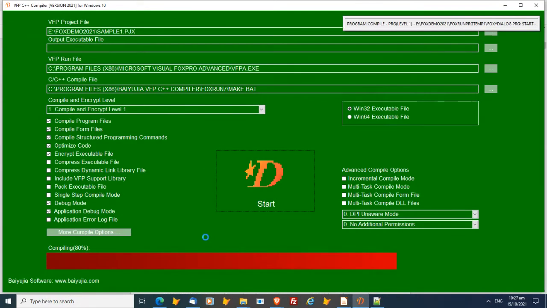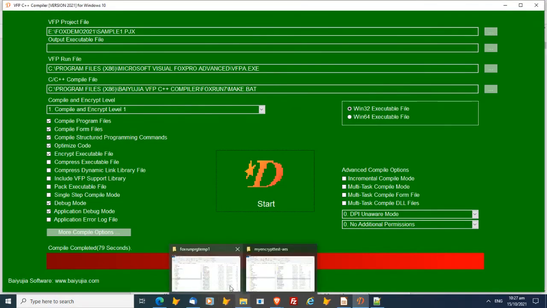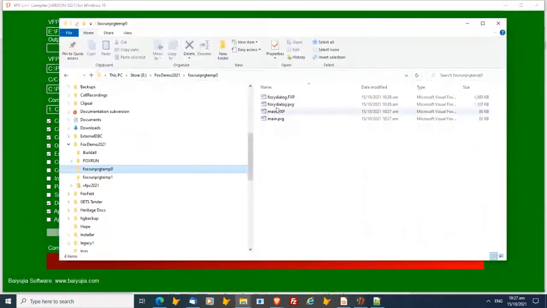Okay, so almost done. We have a quick look at that. Make.bat, it's doing the actual compilation of the C++. Completed. So back we go. So if we look in here now again,